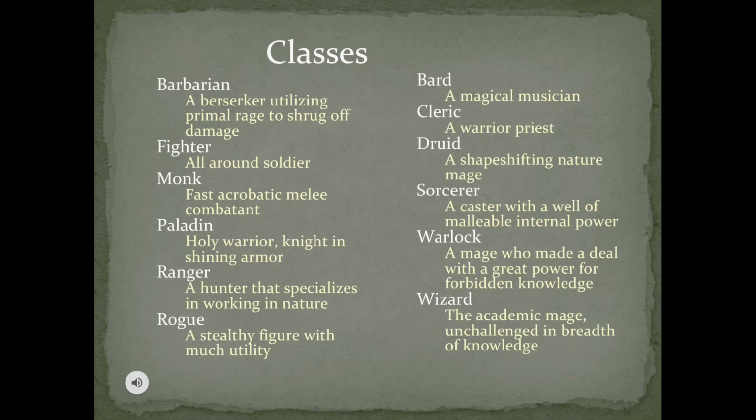The warlock. The warlock is a mage who made a deal with a great power for forbidden knowledge. Unlike the cleric who draws their power from their faith in the god, a warlock made a deal with an eldritch being, Cthulhu, a fiend, for dark powers, or an archfey, which is not as dark. And they get to break some rules of magic because they are not learning in the standard way. Similar to the sorcerer in that regard. But they have a much smaller spell list than the other classes. But they do get to treat the spells they have very differently. Arguably, the warlock is the most complicated caster because it functions so differently from any of the others.